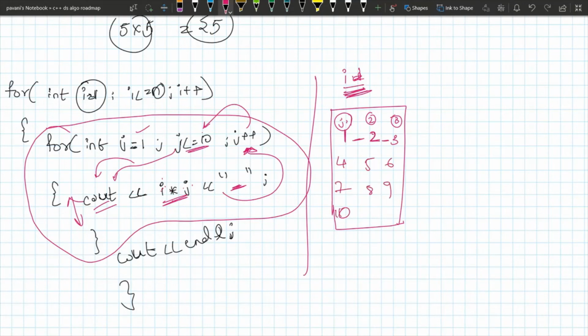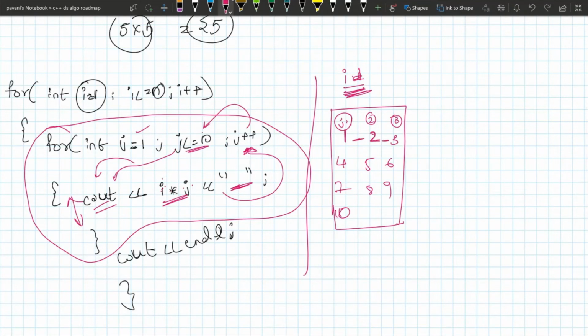Here these numbers come horizontally, but due to space issues I have written them like a table. Don't worry, these numbers are going to come horizontally because I didn't mention an endl statement. I have given a space, so 4 5 6 7, these numbers come like this. Due to space issues, I have written like this.